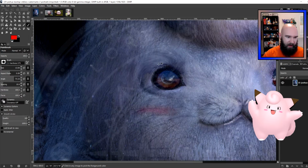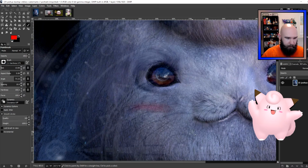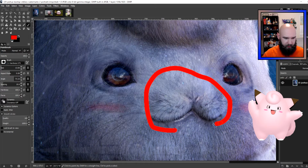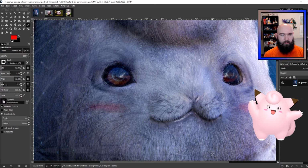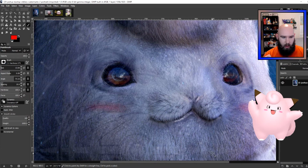Let's take a closer look at the eyes though, because usually eyes can tell you what type of animal he's going for. They're not quite as beady as I would think for some kind of rodent, although the little snout here kind of reminds me of some kind of rodent. The snout, or rostrum, is the proper biological term for the snout part of the skull. It's not as pronounced as it would be in a rabbit or something, but it is very rabbit-like in that it's got these 2